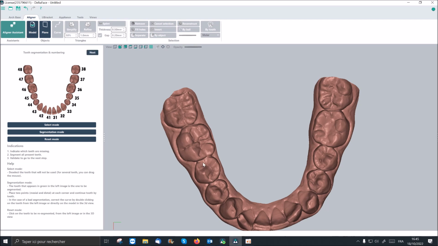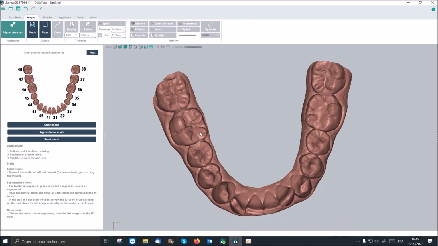We go next. So here the goal is to do the segmentation and the numbering of the teeth. So first we click on select mode. Here we can see that on the model we do not have the third molars, so I will remove them. Then we click again on select mode. Just for you to know, you can also drag the mouse on the arch. You can unselect some teeth like this,